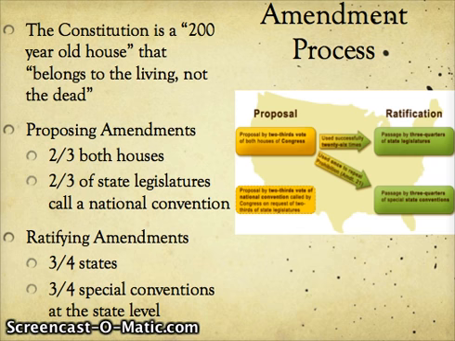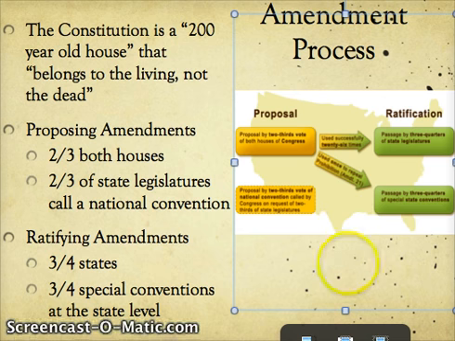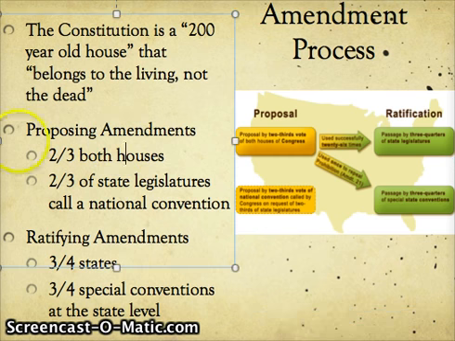Now, formal amendments actually change the letter of the Constitution. They change how the judicial branch interprets the document. I've included a chart in here that kind of outlines the constitutional process. So for those of you who are visual, you can look at the chart. Those of you who like things written out, you can go ahead and look over here. Okay, so we're going to go through this process real quick.